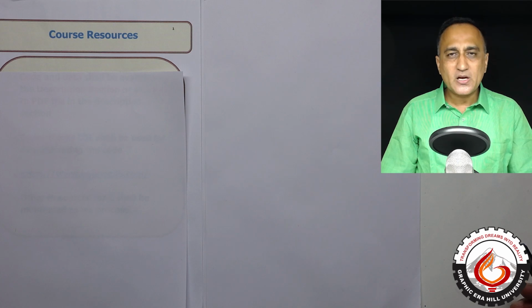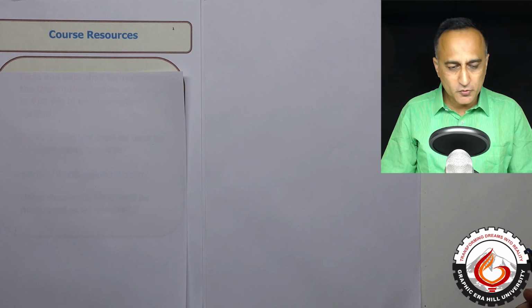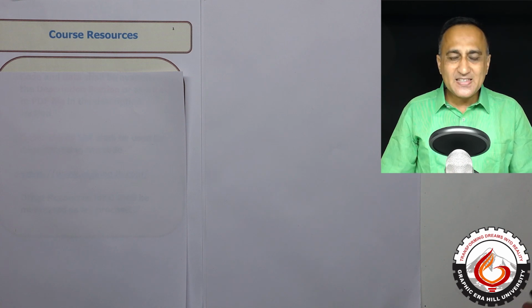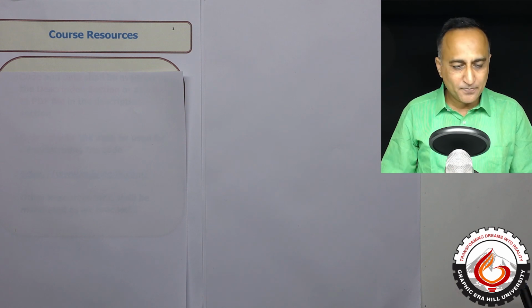I shall now be talking about the different course resources I am going to use. First thing is, in the course, I am going to do a lot of coding as well as using a lot of data. For every code or data that is used by me, I shall make it available as a PDF file, but sometimes PDF files do not work correctly when you cut and paste them, or copy and paste them. So I may also provide a link as a text file.